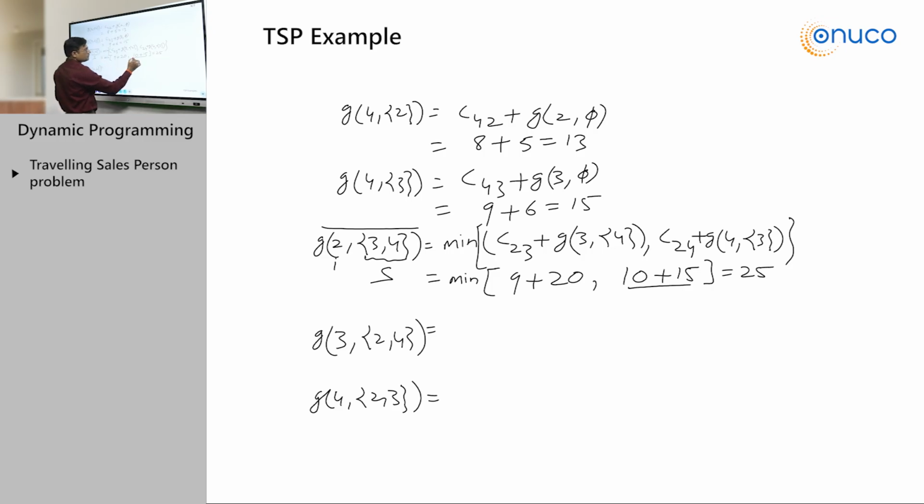And which is the minimum value? This part is giving the minimum value. This part is giving the minimum value. So we have just underlined it. Okay, I will tell you why we have underlined it. Okay. Now,